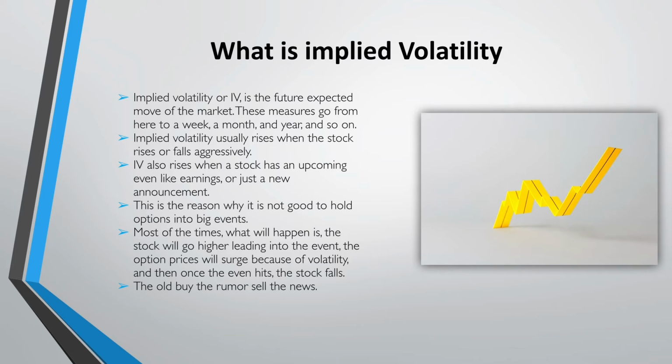How do we know what's high implied volatility? Well, what's the volatility been in the past? So we know what the future implied volatility is. What has it been in the past? And that's when historical volatility comes in. Historical volatility is pretty much the volatility that has already happened. We compare the current volatility to the historical volatility, and it lets us know where that volatility is at. Is it a high volatility for the stock, or is it a low volatility for the stock?